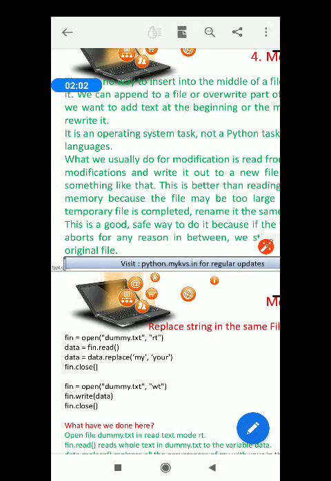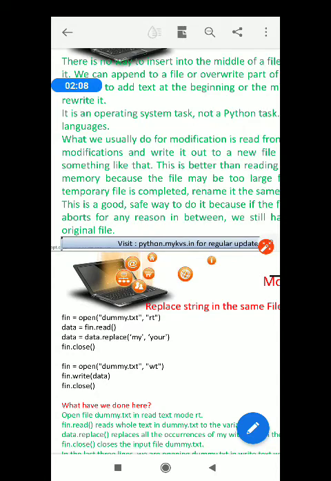Actually there is no concept of updation in text files. If you want to insert some data, you have to do this using some strategy. That strategy we would like to discuss here today.